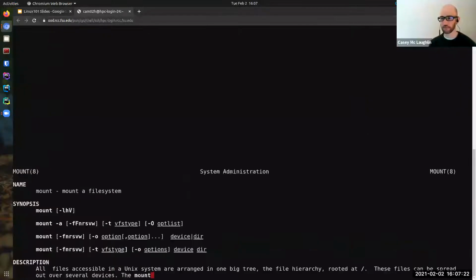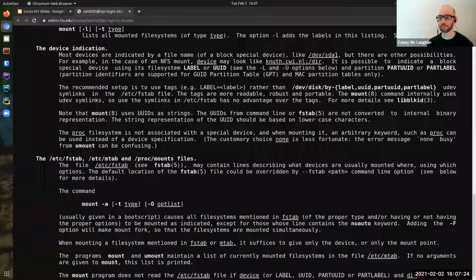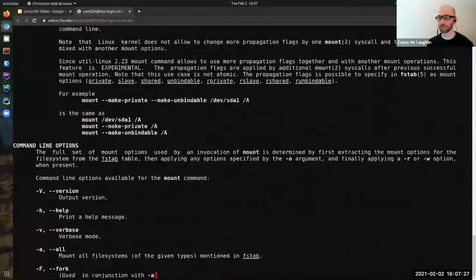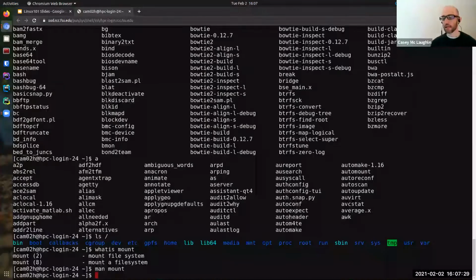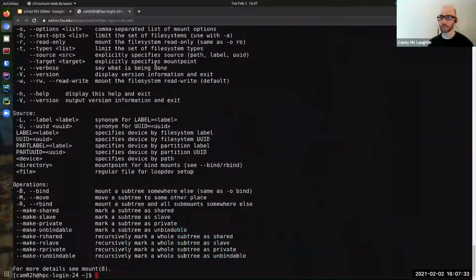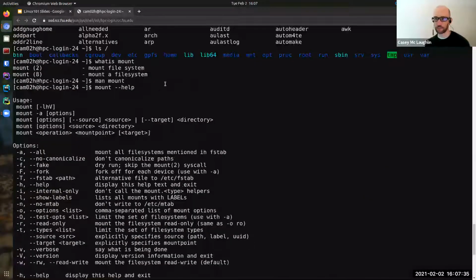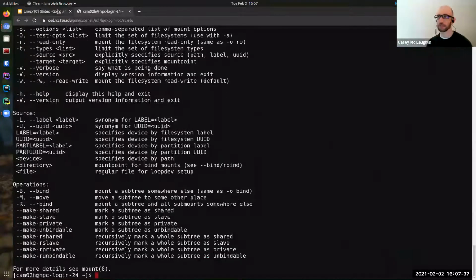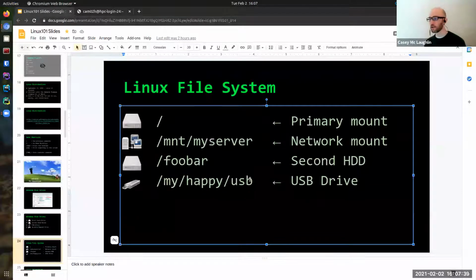And of course, if you want to get further help with it, there's all kinds of information here about the mount command. And then mount --help, a shorter version of the man page. Okay. That goes for network mounts as well.